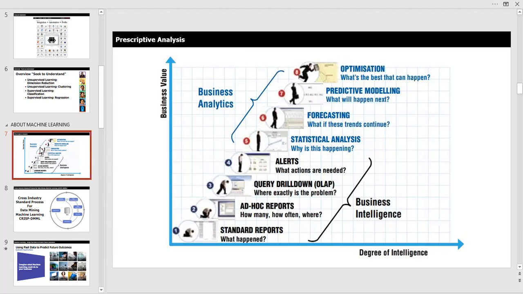So you had to first get the data. That's the unstructured dimension reduction. You had to categorize it, then classify it. Once it's classified, then you can do statistical analysis. Once you can do statistical analysis, then you do forecasting. That's regression. So actually, I should say the top three: forecasting, predictive modeling, and optimization are all components of structured learning, predictive analytics.